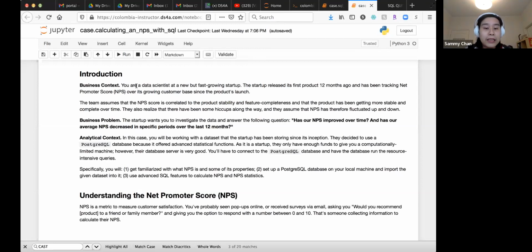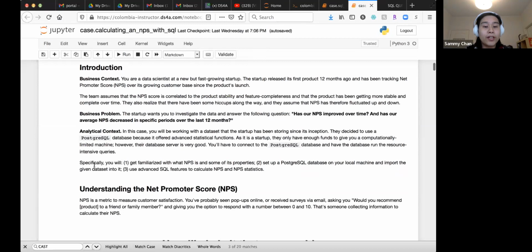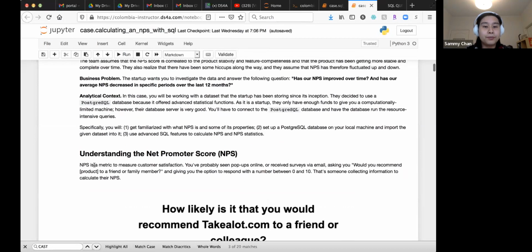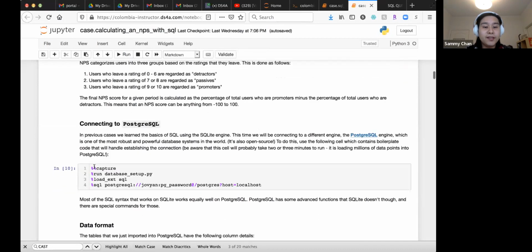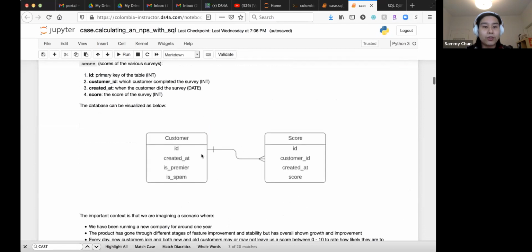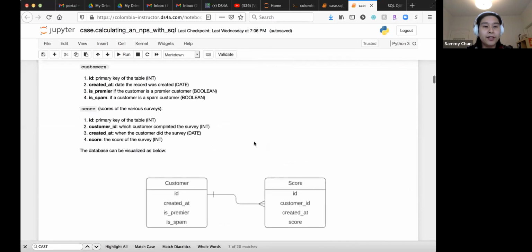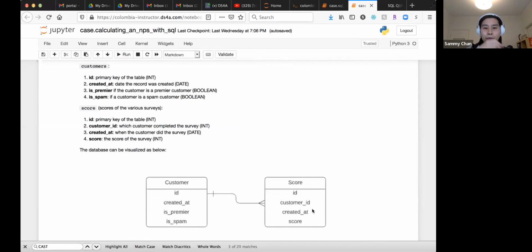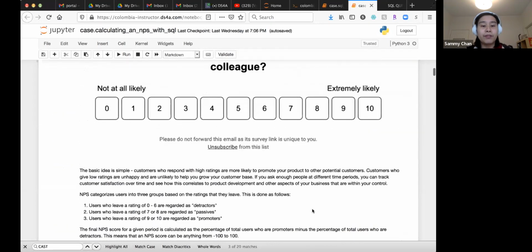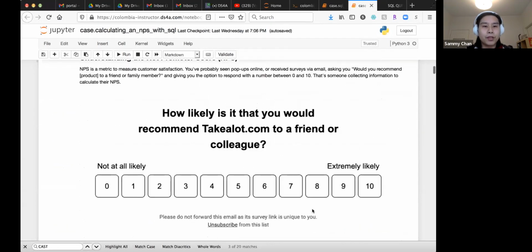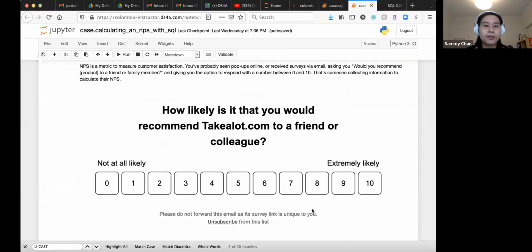In this case, we will be working with a simpler database, which is visualized here. But we're going to be doing more complicated queries and calculations. So before we look into the tables of the database, let's look at what we